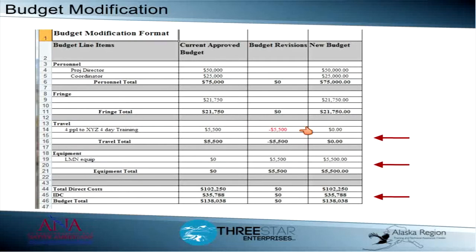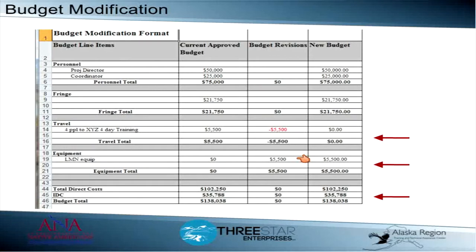For example, if you're moving money from travel to equipment, you would show a negative number in the revision column because you're taking money from this category, and you'll show the positive number in the equipment because you're adding to this category.